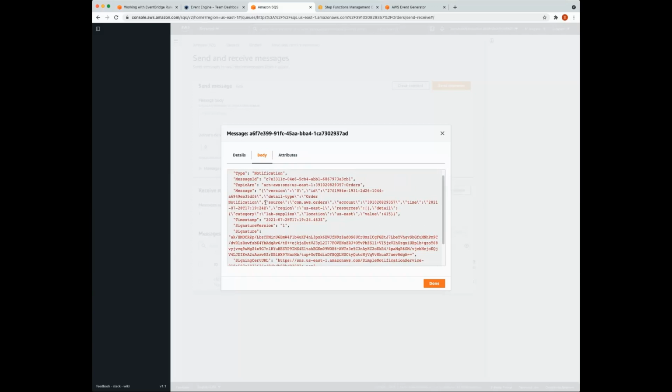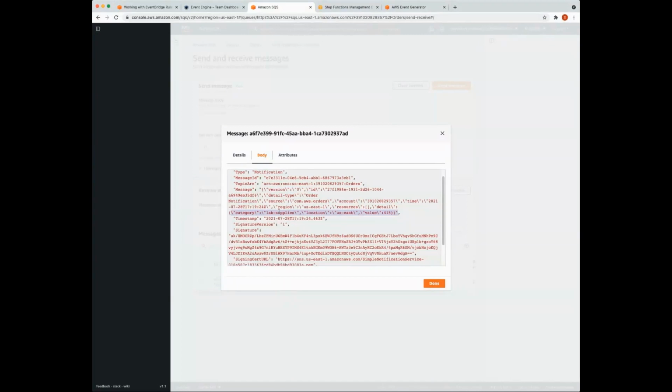All right, so we see the source here, AWS orders, we see category, lab supplies, location. So our payload has successfully been added to the SQS queue via SNS.